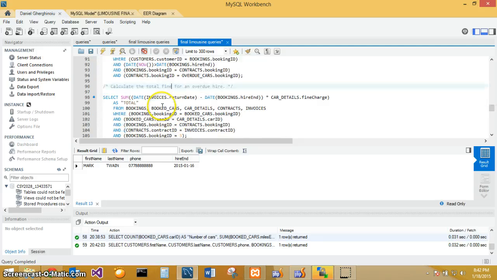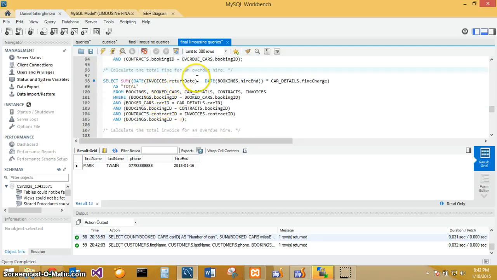Now moving on, calculate the total fine for an overdue hire. This is the same function used before. It calculates what's between the parentheses. So how do we do that? We get the date from the invoice, the date the